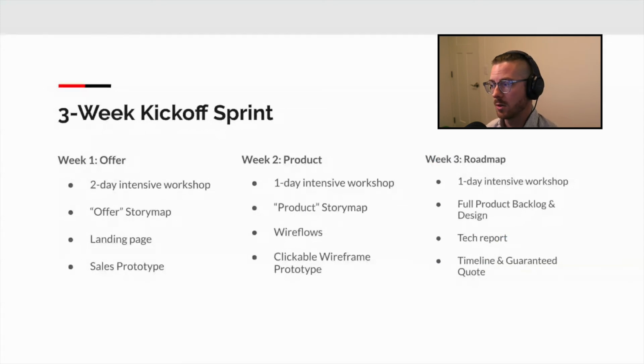So again, looking at APIs or dependencies, anything that we need to answer ahead of time so that we're not surprised later on. And then we're going to put that all together into a week-by-week timeline and give you a guaranteed price quote. Now, before I move on, I want to stress, week 1 and week 2 are things you